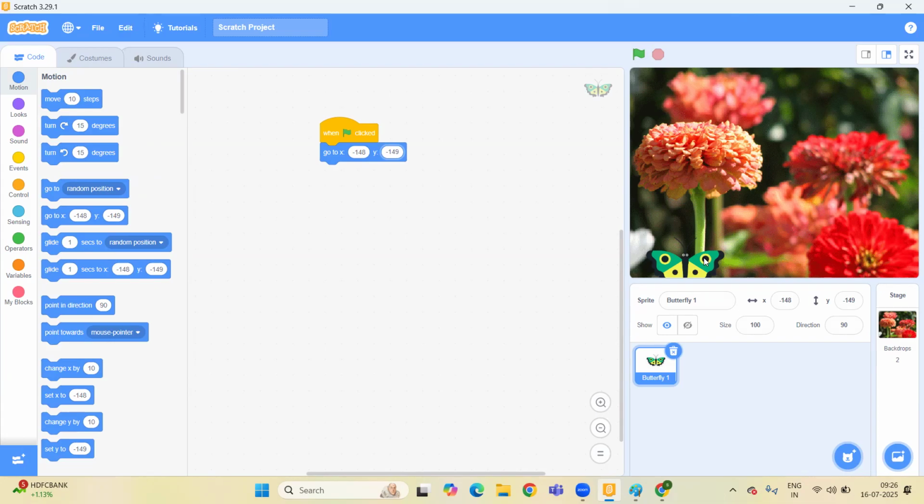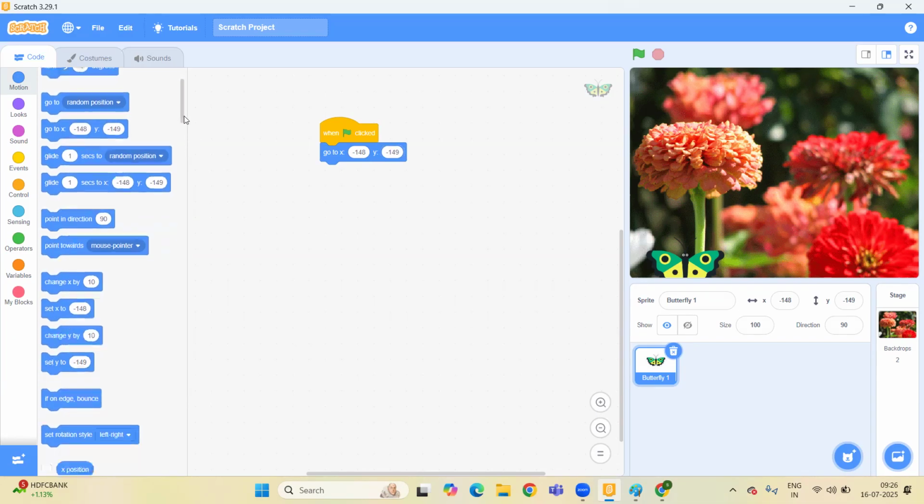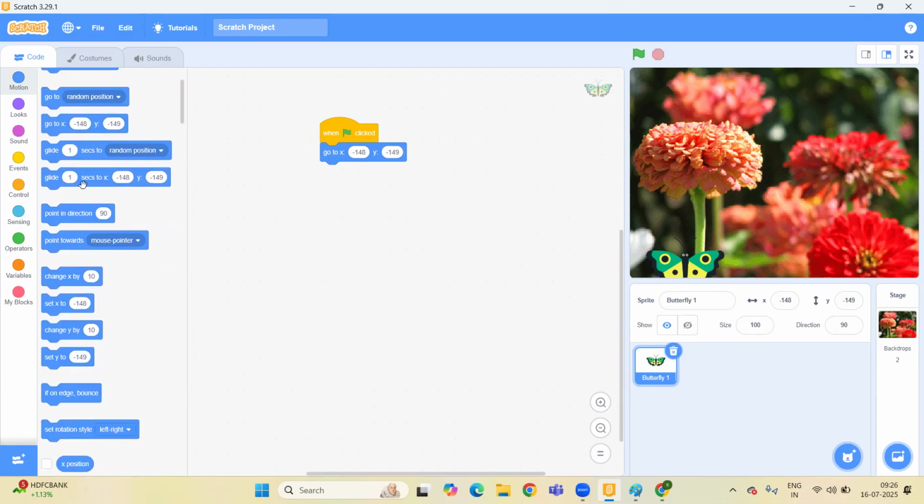And after that, I want to do one action, like this butterfly will glide and go to another position. For that, this code is also available in the motion block. Here it is, glide to x-axis and y-axis, and another one is glide to random position.